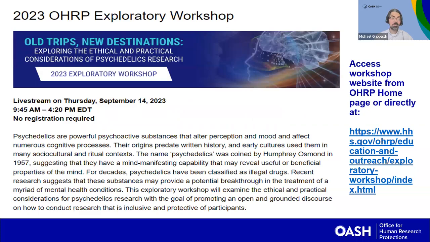I'd like to take a quick couple moments to highlight some upcoming OHRP educational events. If you joined us early, you might have seen that we have this slide rotating, that we have our 6th annual exploratory workshop coming in at the end of summer, September 14th. And this year's event is going to explore the ethical and practical considerations for research involving psychedelic substances with human participants. The event's going to be live streamed for free. You don't have to register for one of these events. And you can go to the website to learn more about the different topics to be discussed, as well as the biographies of those being presented. And this is just a really timely topic, right?